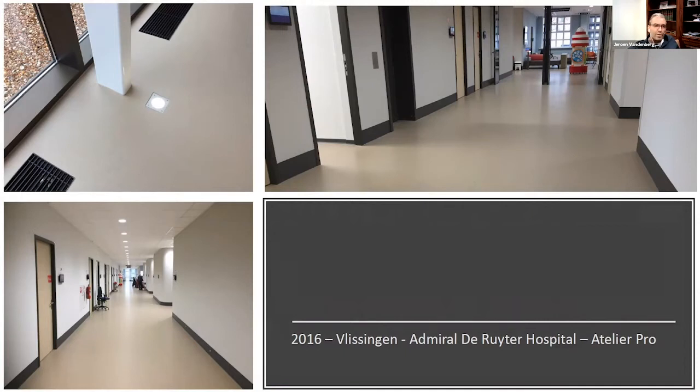This is a project we did about 5 years ago, and it shows really all the benefits of the liquid installation. If you look at the left upper picture, there are no seams. These radiator panels, normally you would have cut them out in a sheet material, but this is just poured around it. So there's absolutely no waste, and there's no seams, there's no adhesive, there's no hollow spots, which is common in a material which is being glued to the floor, because then it's being checked if there is a hollow spot. This just bonds when you pour it, but it bonds in a way that it can be removed